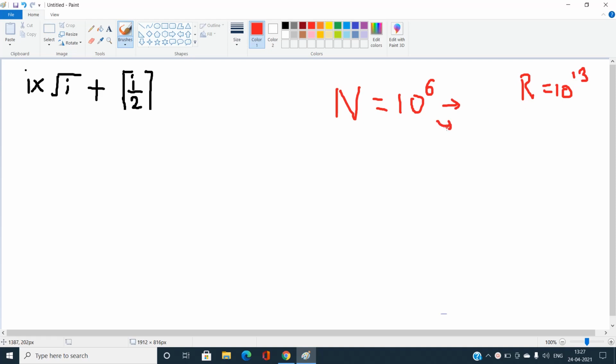Basically, how I found this 10 power 6? It is nothing but just finding the maximum value of I such that it is just crossing this R value. Okay, or it is around 10 power 5 or 10 power 6, I don't remember. So for the safe side I am just explaining for 10 power 6. So you can easily find that with the help of a brute force approach.